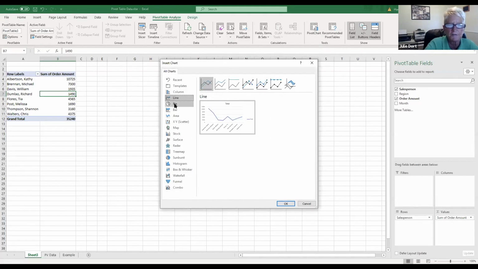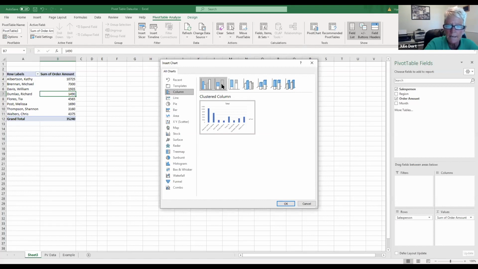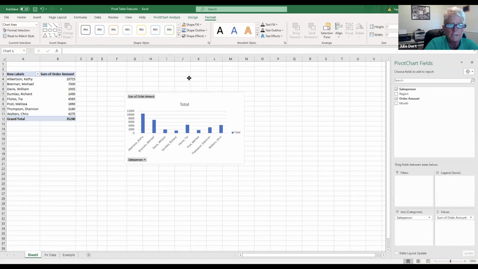And again, this is something that you can sit and play with, at least if you're me, you can sit and play with this for hours. So I'm just going to go ahead and maybe select a column. And I'm going to go ahead and click on OK. It will insert